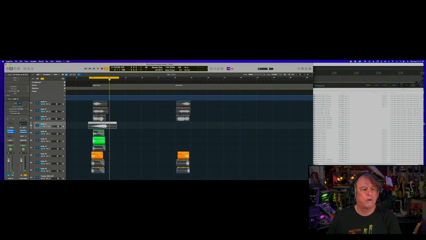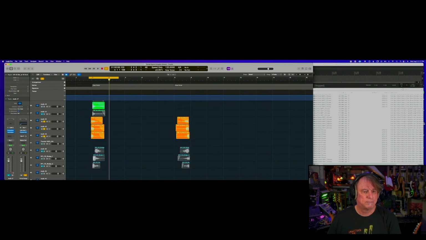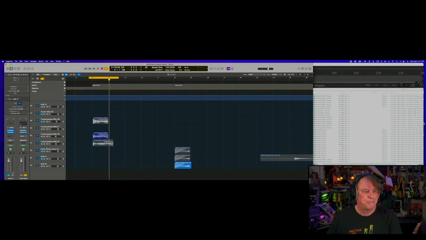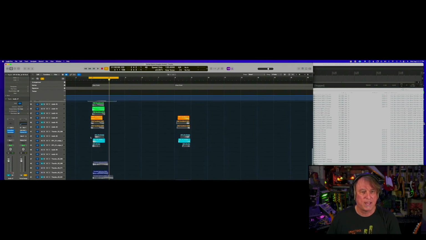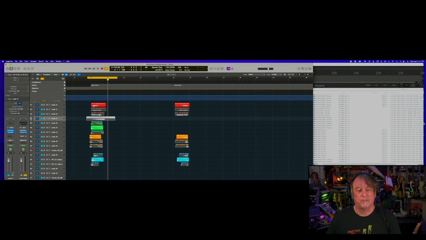So this way I can go through, and you can see I did color code each group of sounds, each element of sounds. So all of these are orange, the first group. The second group's all green. Third group's all orange. And this one is in blue. And the last one, the thunder stuff, is purple. So you can see how I've just kind of put these together. I don't bounce these out together as one thing. As I said, I'm just bouncing out each one of these elements as a separate element